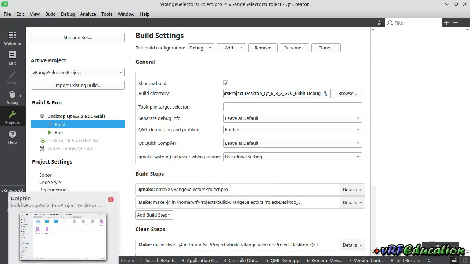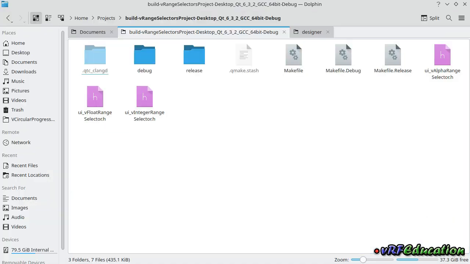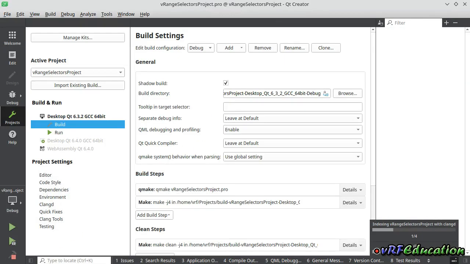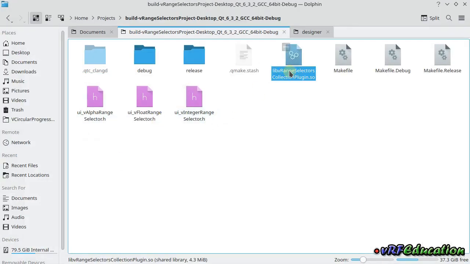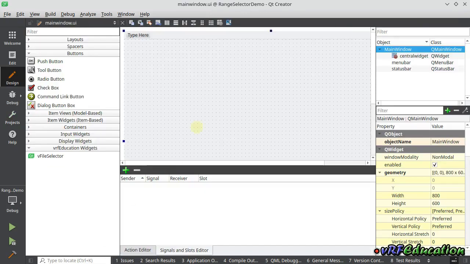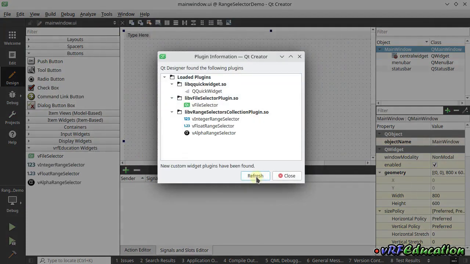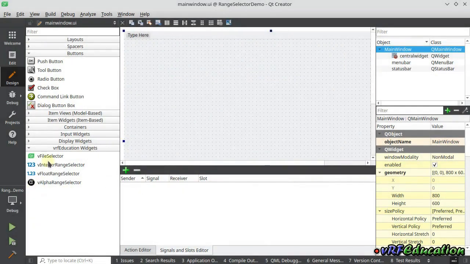Let's build the application and wait for the output. Yeah, something happened this time. And that's okay. Let's copy this old file and paste it inside the designer folder inside the plugins one more time. And right now I'm going to use this option. Okay, as you can see, right now we have three different other offering custom widgets in VRF Education